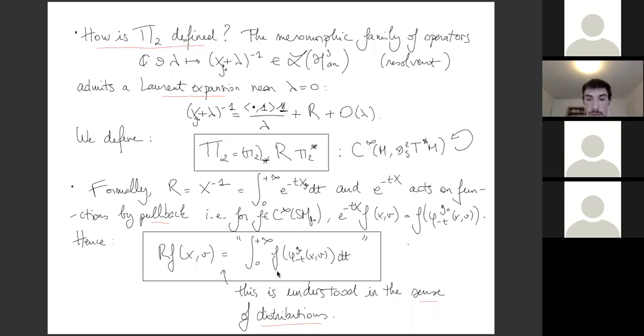So this expression, you have no hope to make it converge. So the only way you can make it converge is using the theory of distributions. And that's actually what we do here. All right, so that's the way our operator pi2 is defined, and that's a pseudo-differential operator of order -1. All right, so now that we have this, and we know that the geodesic stretch is a strictly convex functional,